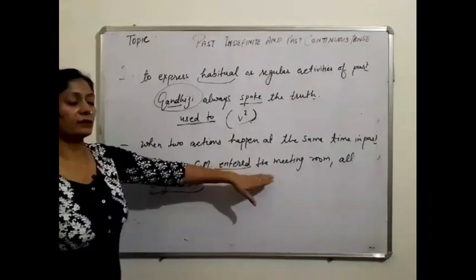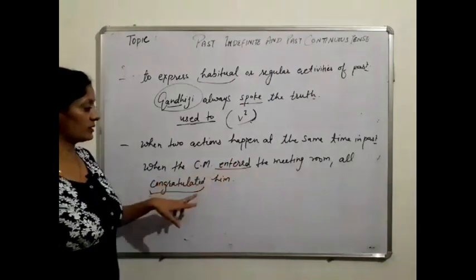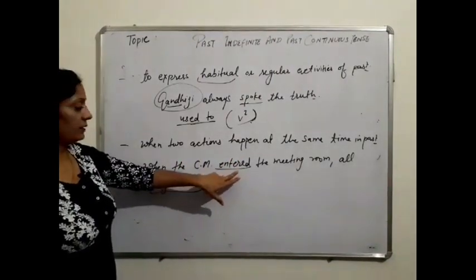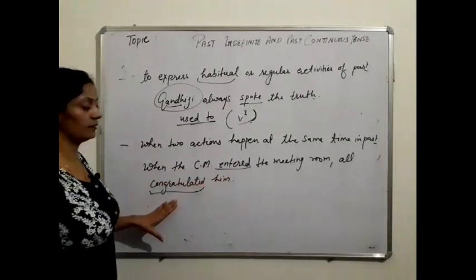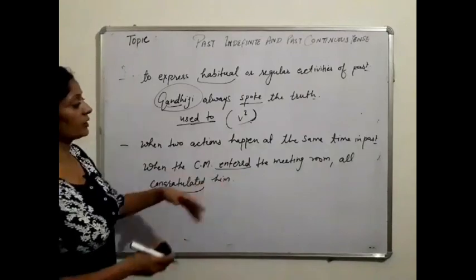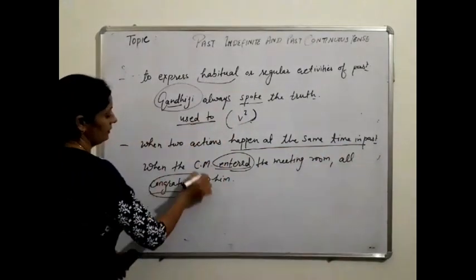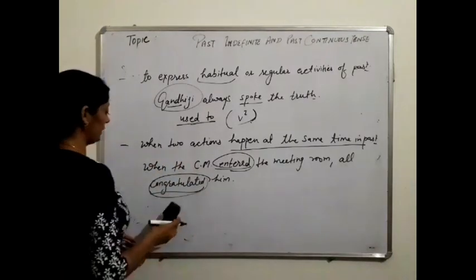When the CM entered the meeting room, as he entered, all congratulated him. Two actions are there, two activities are there. The CM entered there and the others who were present there congratulated him. When two actions happened at the same time in the past, we use past indefinite. Okay, next one is